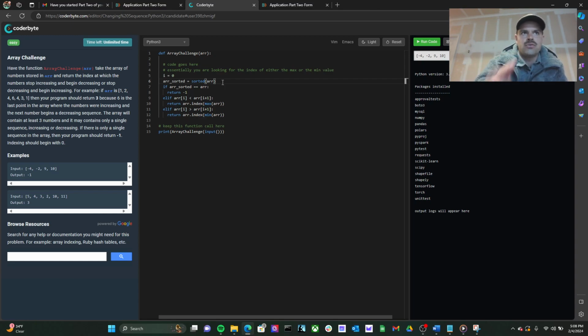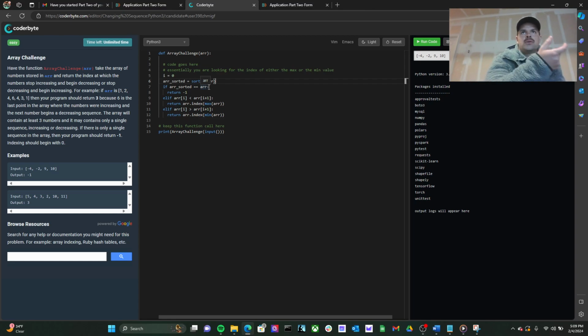When I tried that and plugged in the code below, it wasn't going to work. So what I found to work was to create a separate list based upon the values provided in the parameter. It's called ar_sorted. So that's what that is, right? And then what this is here: if ar_sorted equals ar, what that would mean is that